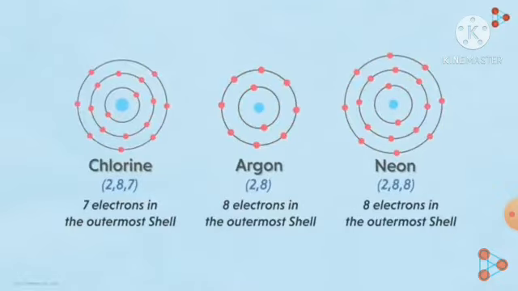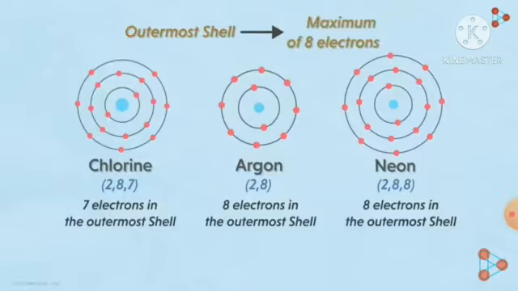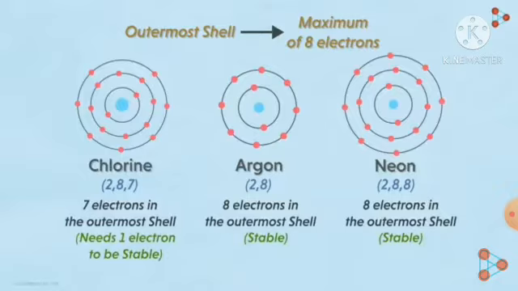Similarly, for all the other atoms having more than one shell, it's obvious that they will wish to have 8 electrons in their outermost shell. And why is this so? That's correct. It's because the outermost orbital of any atom can accommodate a maximum of 8 electrons. That is the reason why all the atoms of various elements are in a constant struggle of attaining 8 electrons in their last shell. That is, achieving the octet state.